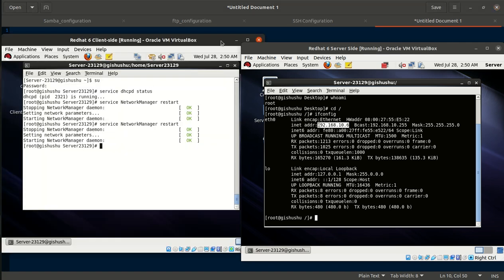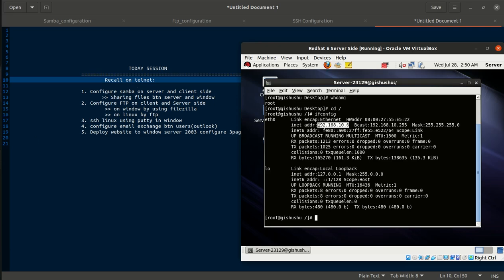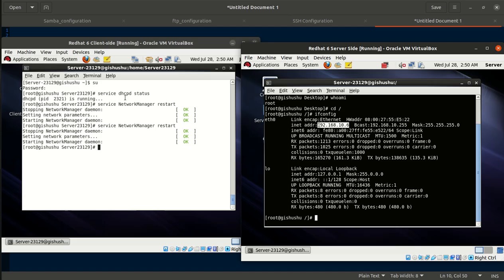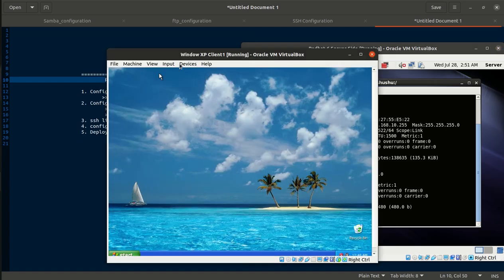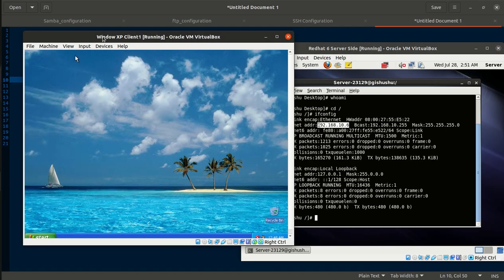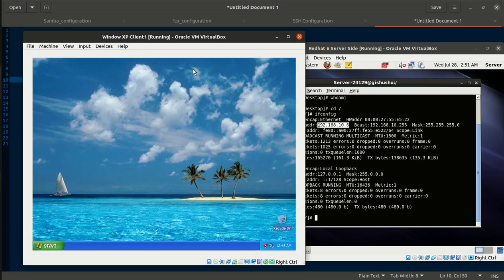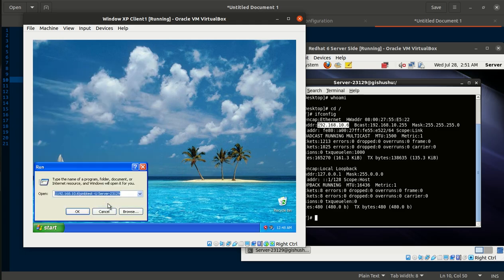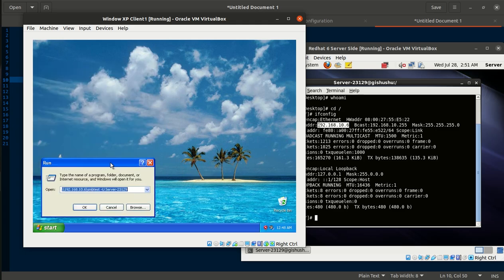And then that was it from here. And then we can try also to ping from the Windows side. Okay, that's my Windows XP. How to do it actually for the Windows: you need to come from here, you go to the start button, or you can click start, you go to the LAN, and then from LAN